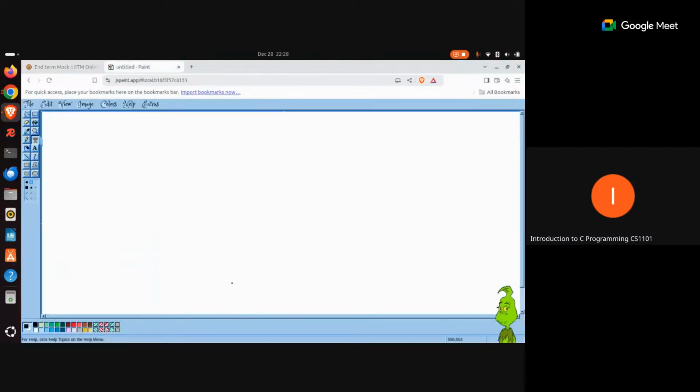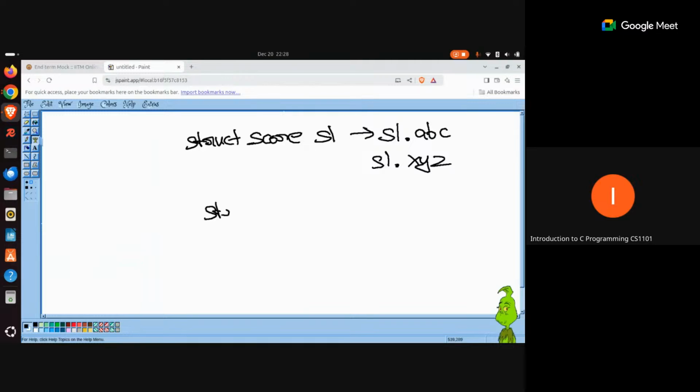Remember, if you are working with structure variables, if you are saying struct score S1, then the way you will access its properties is by using the dot operator: S1 dot ABC, S1 dot XYZ. But the moment you create a pointer, struct score pointer S2, now you will not use the dot operator anymore.